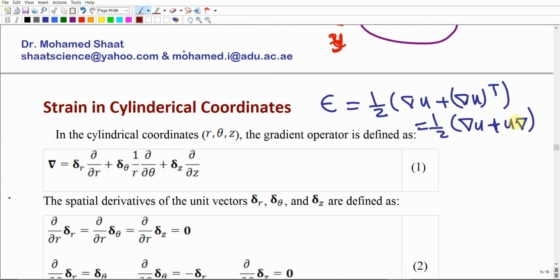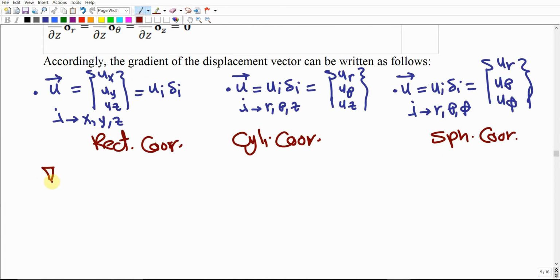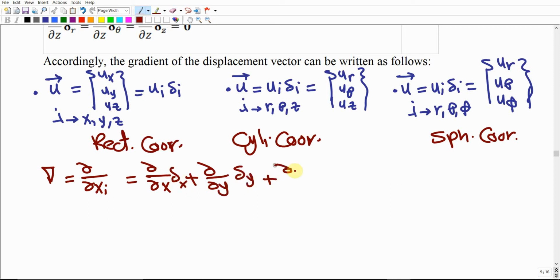The gradient is a vector, yes, but it will have different forms. This gradient operator will have a different form in the rectangular coordinate than in the cylindrical coordinate than in the spherical coordinate. For example, nabla in the rectangular coordinate is simply partial by partial xi. This is what we defined as nabla. It means partial by partial x delta x, plus partial by partial y delta y, plus partial by partial z delta z,